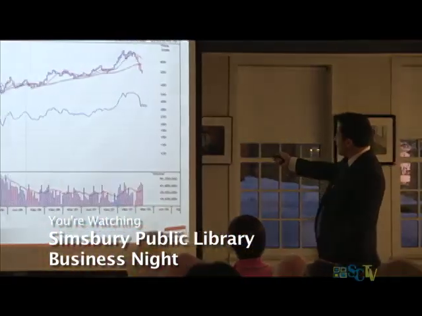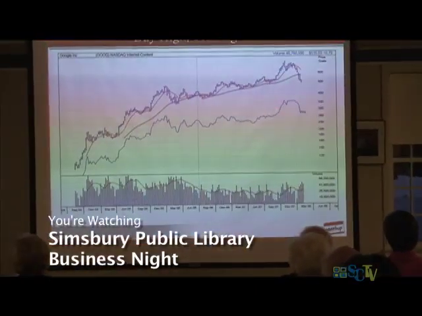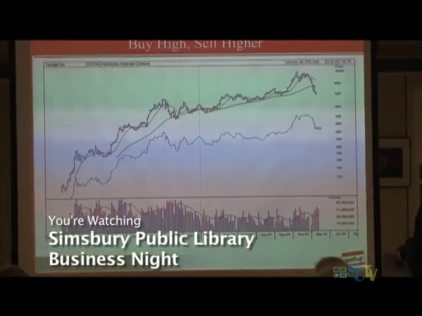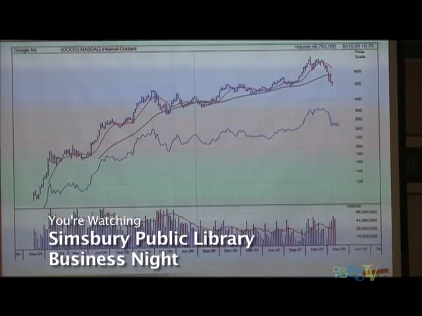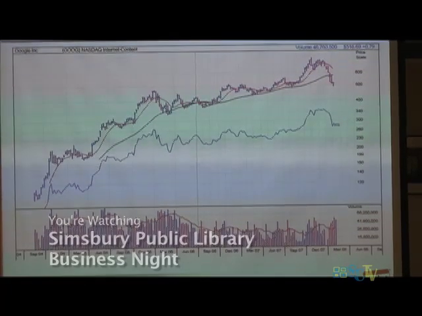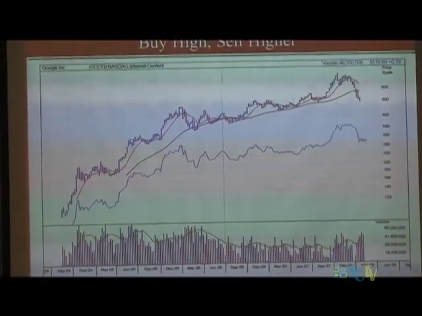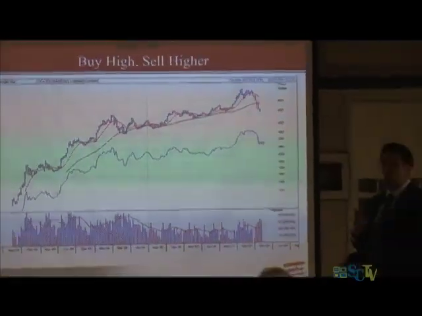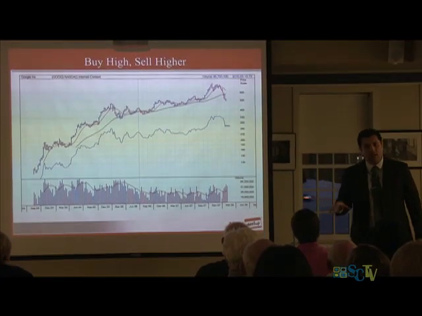Now, along with the 50-day, we also have the 200-day, also known as the 40-week, and then we have this RS line here, this blue squiggly line. That's called the relative strength line. Some of you may have heard of the RSI indicator. This is different. This is actually proprietary to IBD. Let me explain what this line does. It's simply a trend line. There's no numerical value to it. It measures this stock's price performance versus the S&P 500 over the last 12 months, and it puts a little more weight towards the last 3 months of performance. Okay? And it's a trend line.